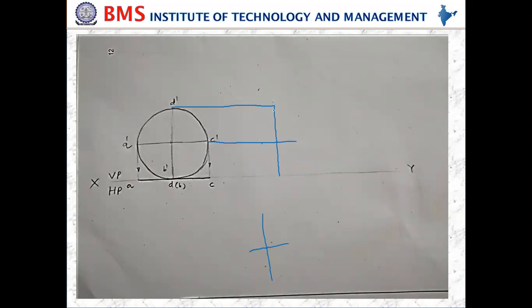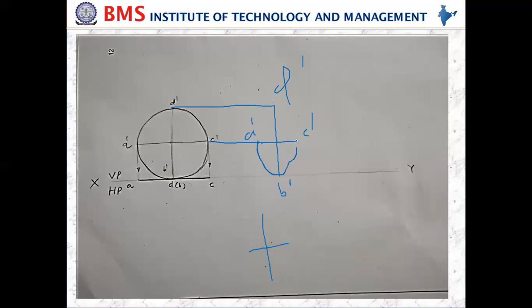Once you draw this, then locate the points. Here is the A dash, here is the C dash, here is the D dash, and this is going to be B dash. Now join all these by a smooth curve, because an ellipse has a smooth curve and doesn't have any corners.